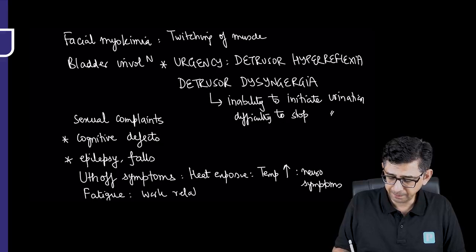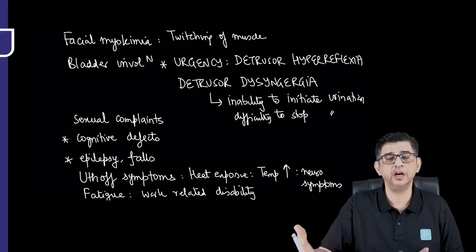work related disability, especially in Western countries where people get paid by the hour. Like, lots of times people may not have high paying jobs and a permanent job, and they may not have proper backups also. So especially if a person is working in Starbucks or in some company where they get paid like $10 or whatever amount per hour, then a person in a Western country earns money that way. Not like in India where there's a fixed amount of money that is being paid, it is per hour payment. So the amount of economic work a person would be able to do would be hampered. So because of the continuous fatigue present and symptoms that are worsened on heat exposure, work related disability would anyway be present. So these are a couple of ancillary symptoms which can be given in an MCQ on multiple